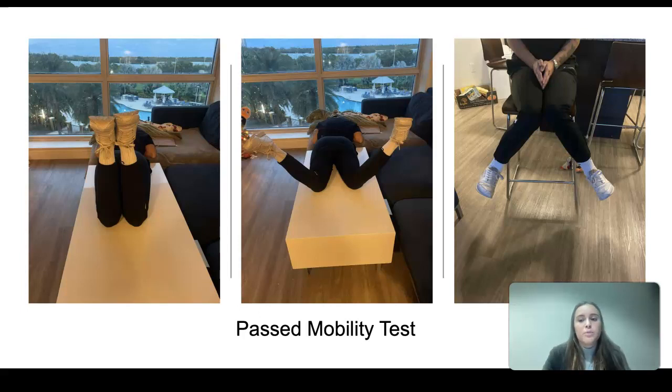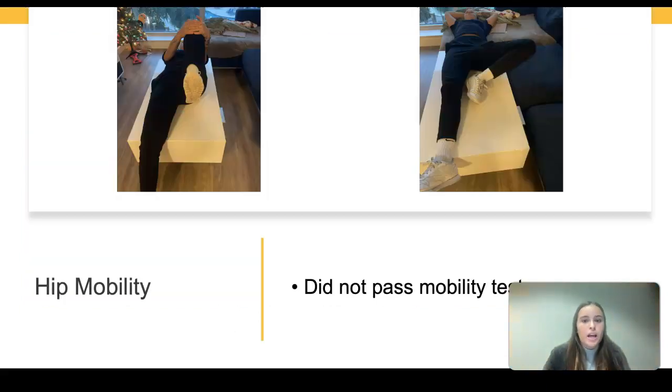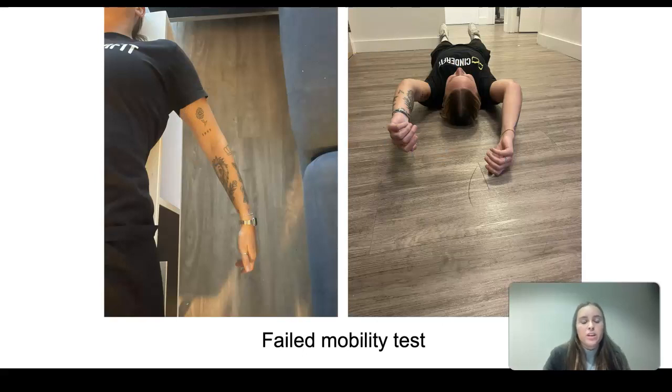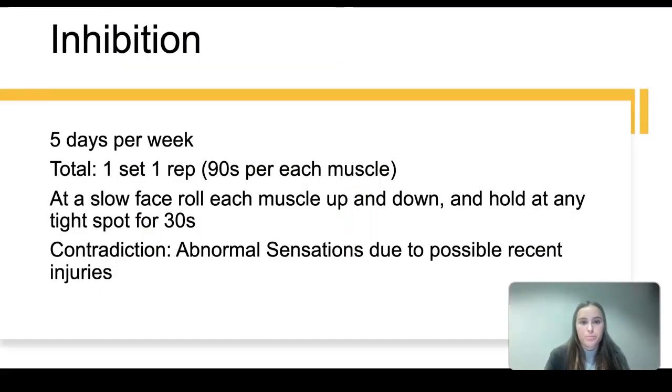My client passed the seated hip internal and external rotation mobility tests. My client failed the adduction and modified Thomas test. My client also passed the rotation of the shoulder, internal and external, but failed the flexion and retraction of the shoulder mobility joint. In order to correct these overactive and underactive muscles, I have my client perform a series of training